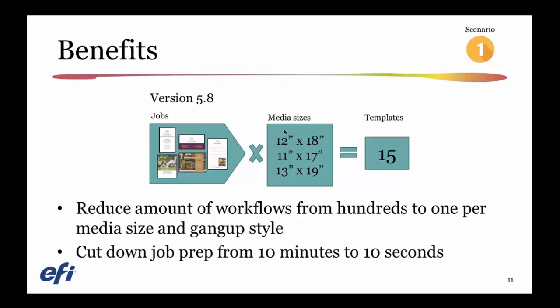When it comes to workflow setup, say hot folders, it's really 5 times 3, and that's 15 templates, or 15 hot folders, or 15 presets. What it means in 6 is you still have 5 jobs, you still have 3 media,